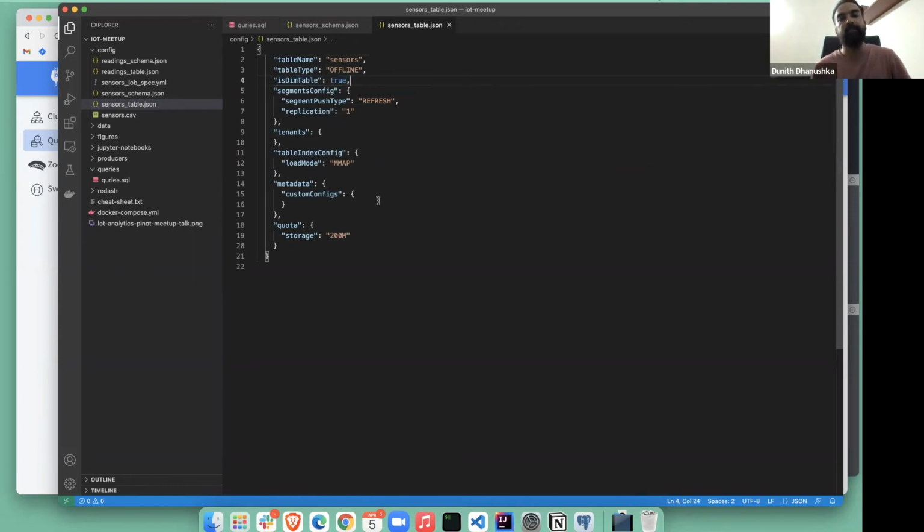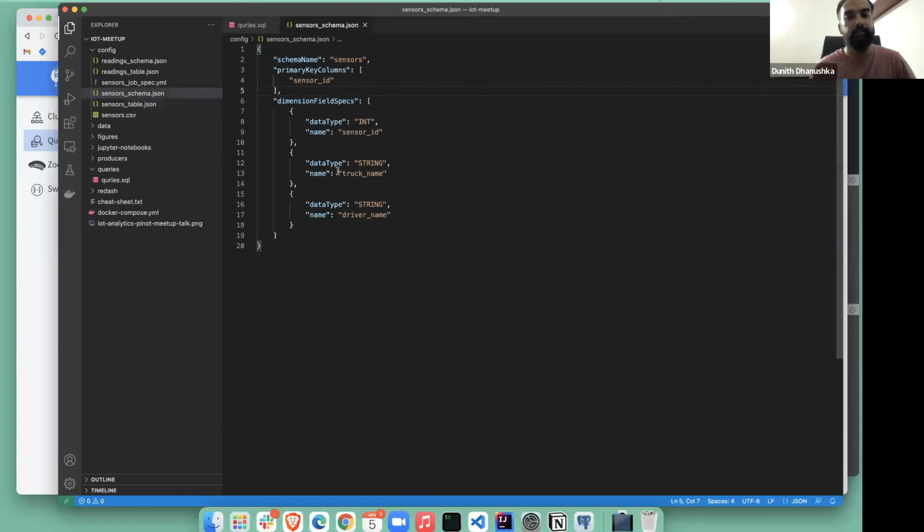Usually these tables must be smaller in size, and that's why you should allocate a storage quota like 200 megabytes and so on. You can find all this information in our StarTree blog. There's a dedicated recipe for that.